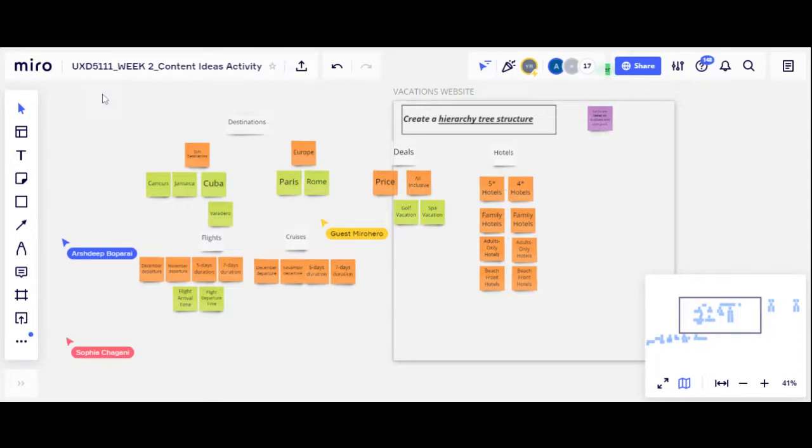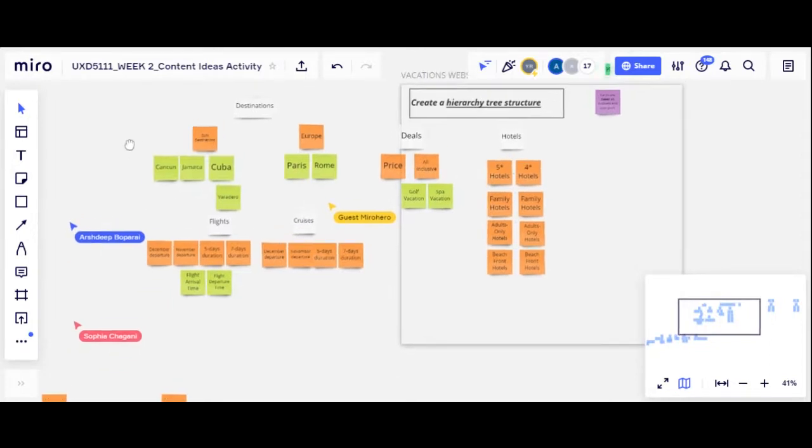So here's what I was thinking of price. Or maybe we're going to come back to deals, or let's say, I think price. So perhaps you may want to have deals and you want to look at deals per price. So maybe this is what the intent was for keeping the price card. But I was actually thinking of price as, if I think of a family hotel, price will come below